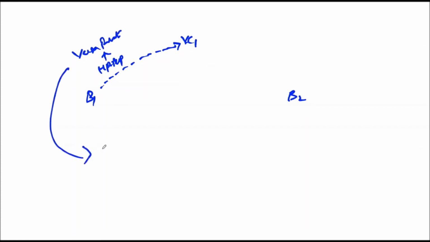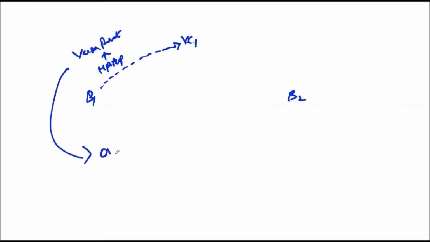So if you remember branch 1 to branch 2, this is my VC1, all the proprietary information related to this branch 1. Okay, so with help of MP-BGP and with help of Versa private family, they are going to exchange it. What all information does the Versa private family contain?